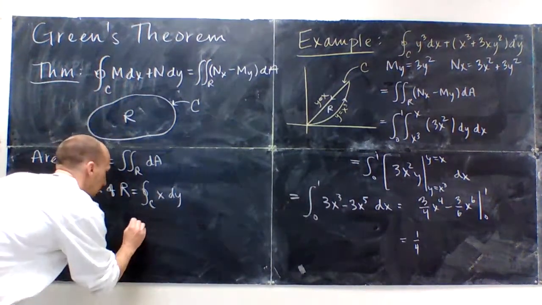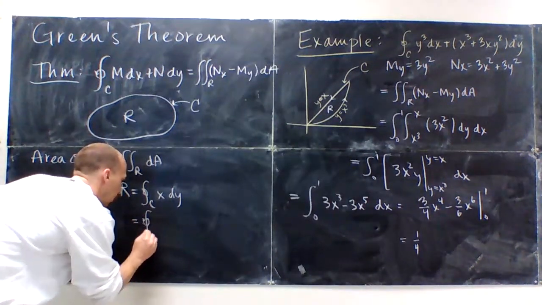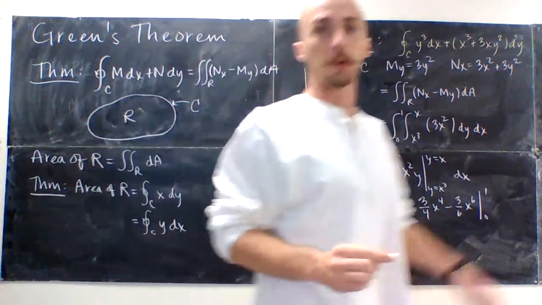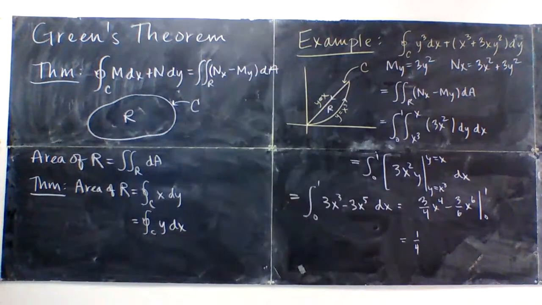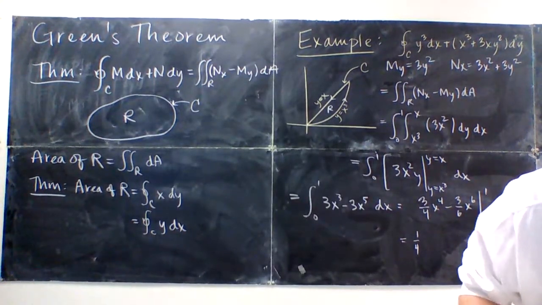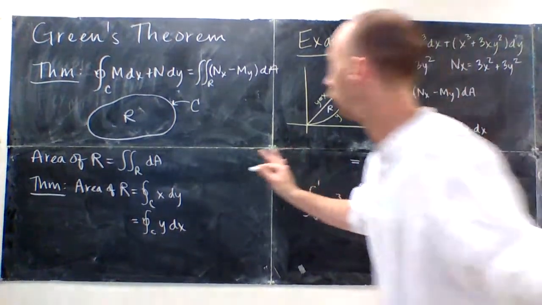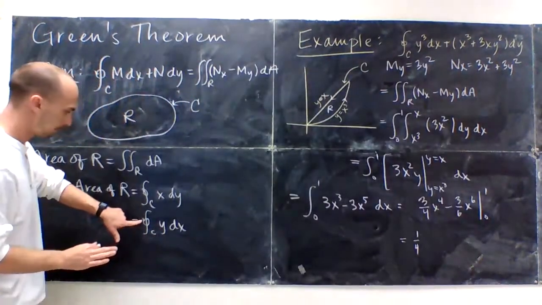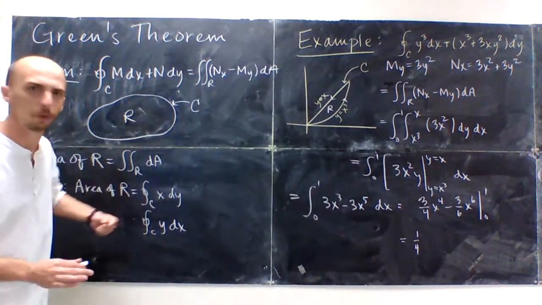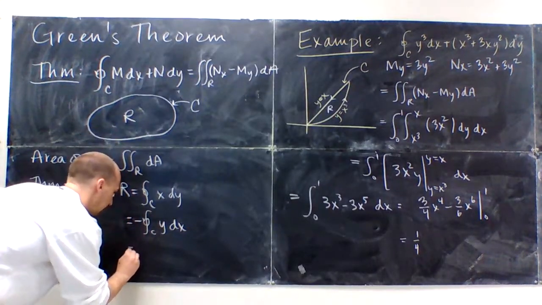This is also equal to the path integral over C of y dx. And then there's a third formula where you combine those two together. Let me see where it is. I think it's half of x dy minus y dx. Pardon me, it's the negative of this. It could be positive when you orient it the other way, but I'm going to say it's the negative of that. And that's equal to